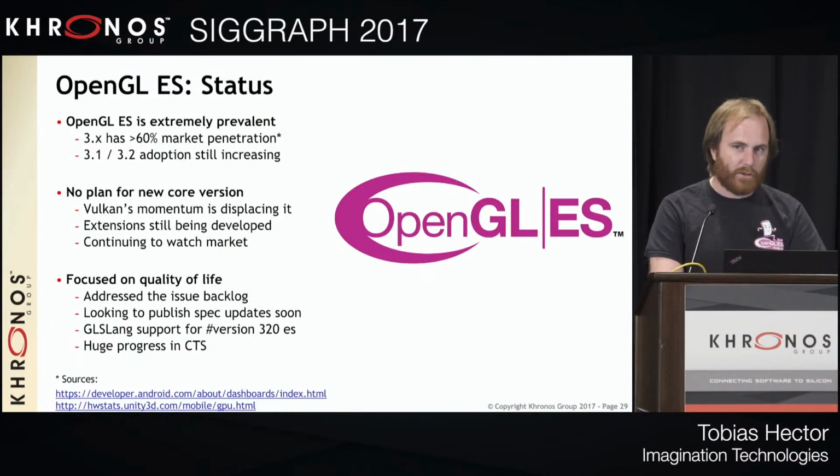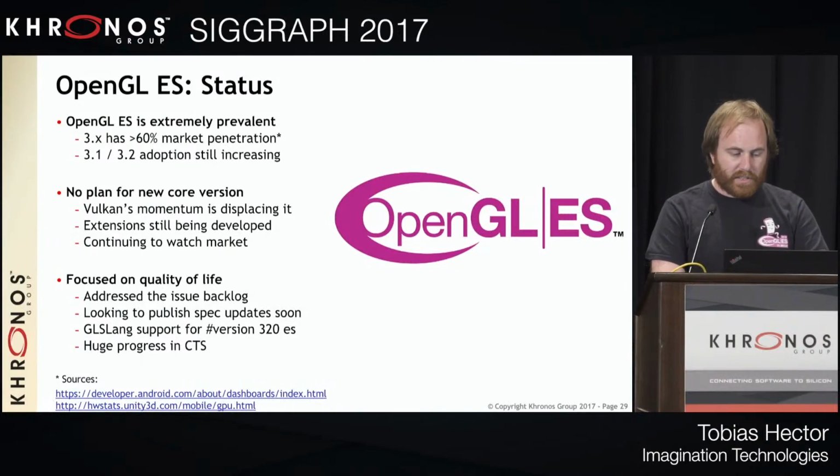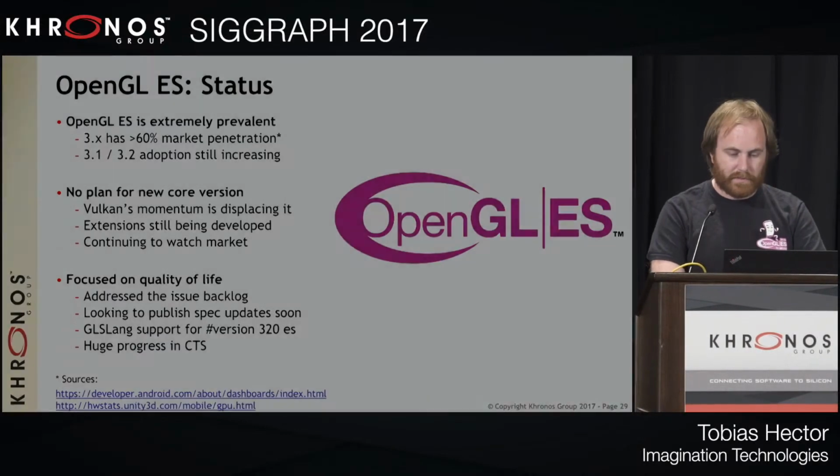We're probably looking to, maybe before the end of the year, do some spec updates for ES to address a lot of those, because there's a lot of stuff that's just sat waiting for spec editors to write the language that we've proposed and actually put a spec out. Alongside this, we've done some other stuff. glslang now supports OpenGL ES 3.2 shaders, which has been a while coming, but is now there, so you can do verification of your GLES shaders for ES 3.2. And then the other big thing really is our CTS effort, which I'll go into.